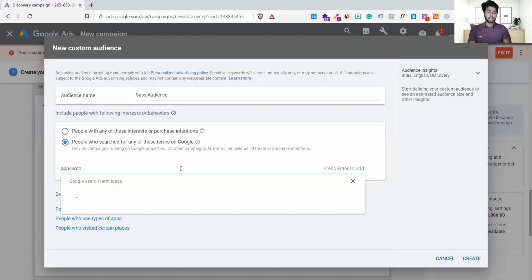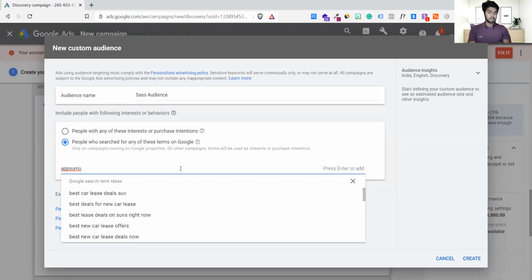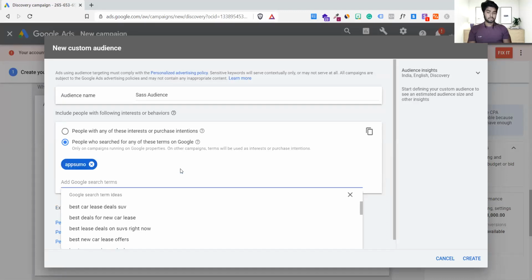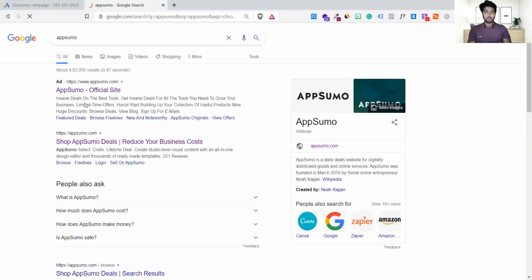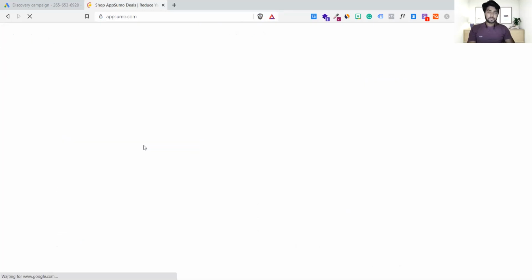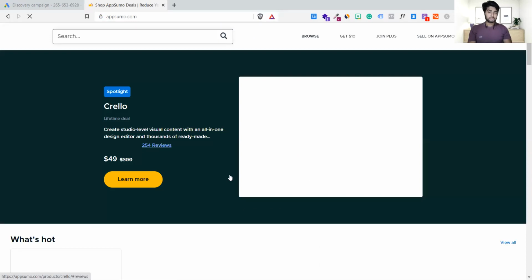I will go for the AppSumo. How many of you know this AppSumo, guys? You know AppSumo, right? Yes. AppSumo is a marketplace for all the software where we can buy it. So okay, really quick, I just want to show you what is AppSumo, so you'll get to know. Here's the AppSumo deals and discounts for business course. You can see PitchGround's competitor.